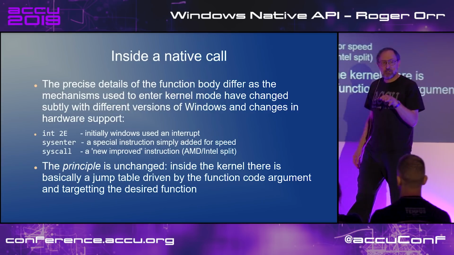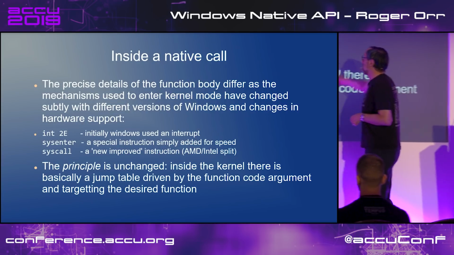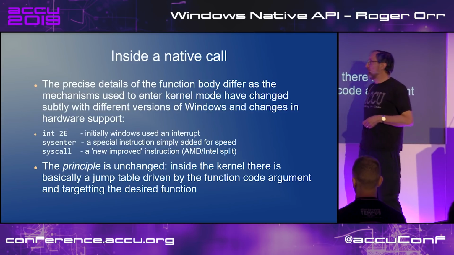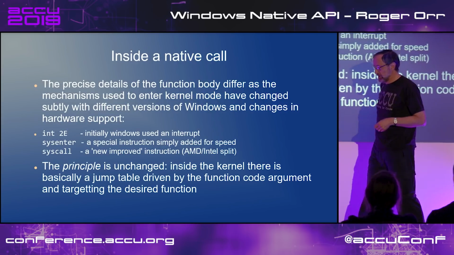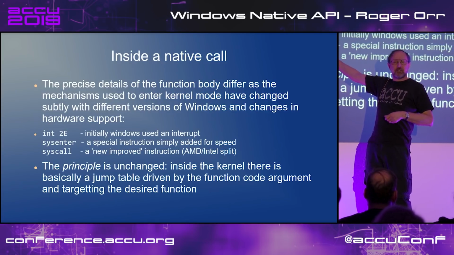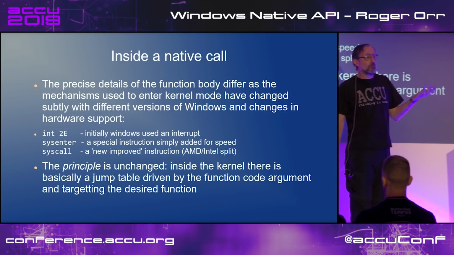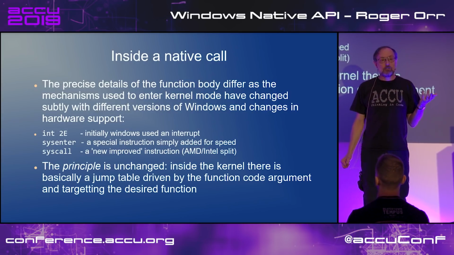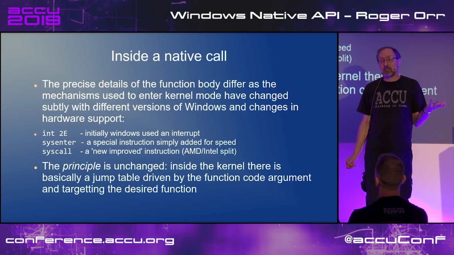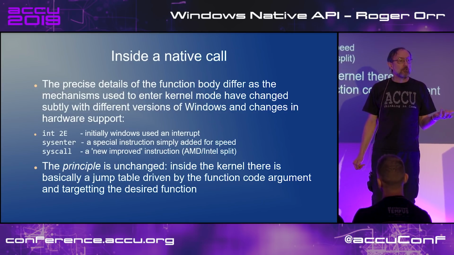And the precise details of how it all works have varied. It depends upon different versions of Windows and different hardware support. Way back, when Windows was new, it used int 2e. Who remembers DOS and all the int 21? Yeah. int 2e just said software interrupt. And again, it would jump into the task handler for interrupt handling, the 2eth entry, and end up in basically